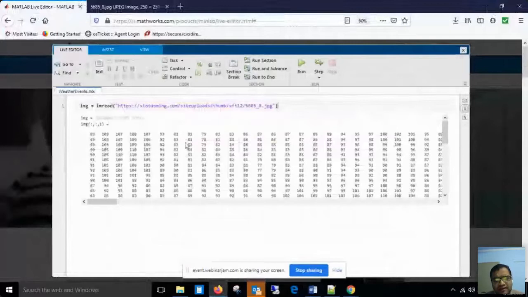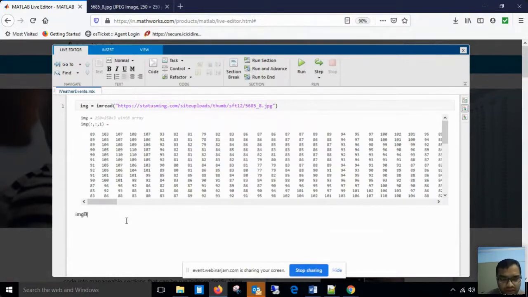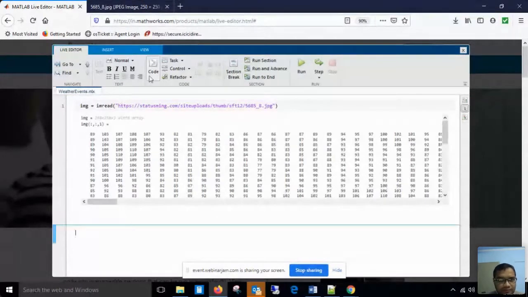So what we had done is that we had read the image and we had extracted the components, right? And we showed how to extract color components in the image and how to show it. So I am just repeating this command. Let us say imgb. I am interested in imgb, so imgb is equal to img(:,:,3). That means I am interested in the third component, and I am just showing this imgb.